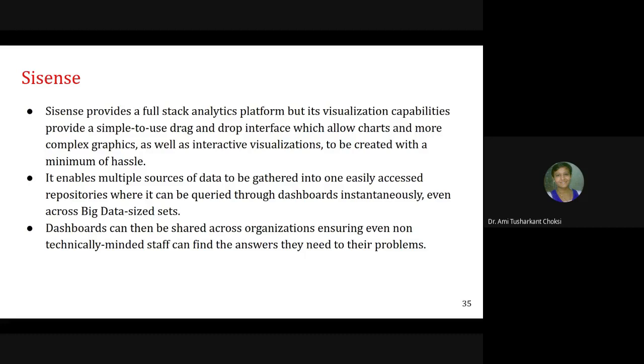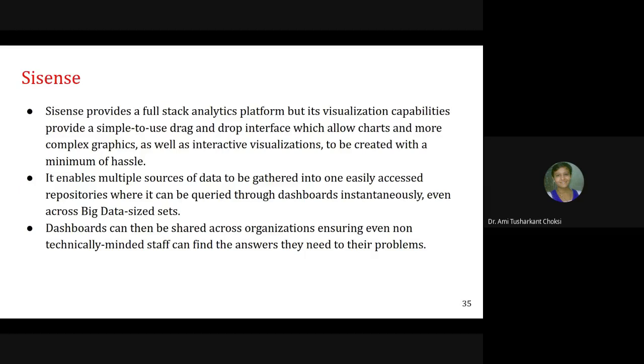It enables multiple sources of data to be generated into one easily accessed repository where it can be queried to